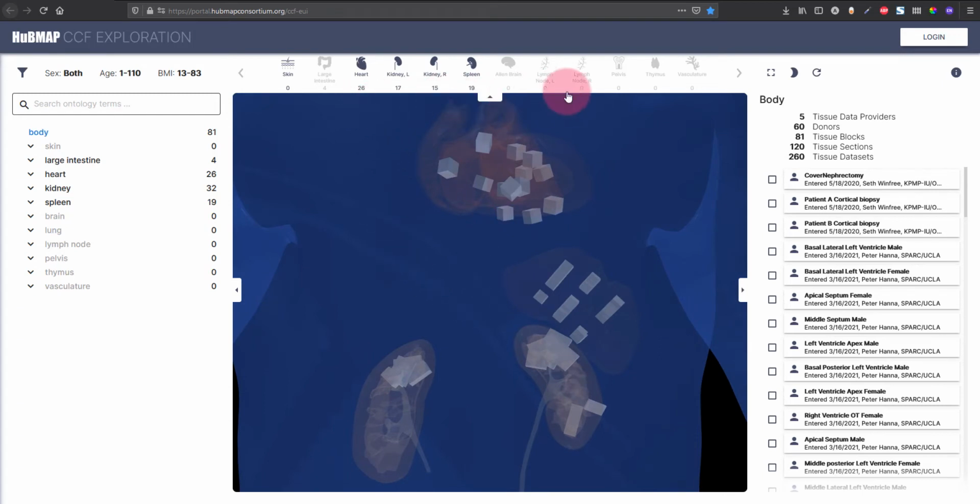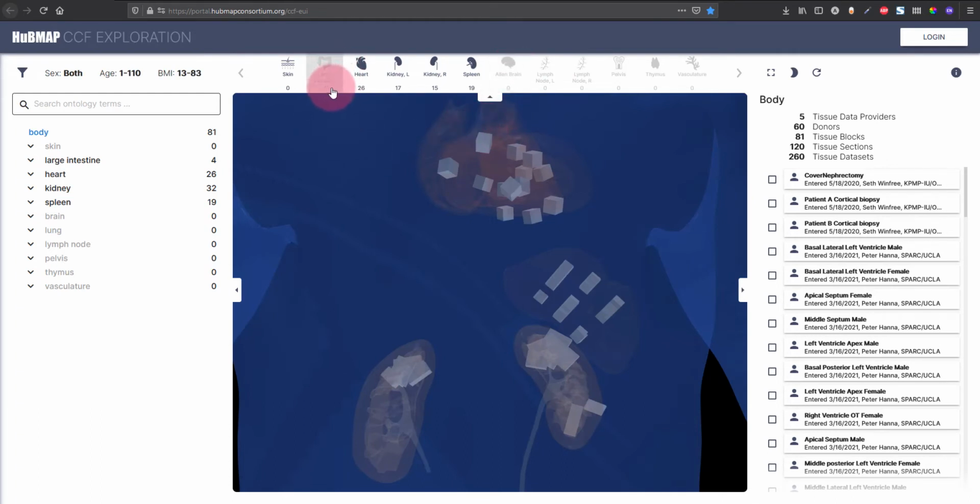Here in this carousel on the top, you can see all the 11 organs that we currently support. You can also see those little numbers below each organ that show you how many tissue blocks we currently have. Furthermore, we can also see that some of them are active and some are inactive. For example, the brain is currently not visible, neither is the large intestine.